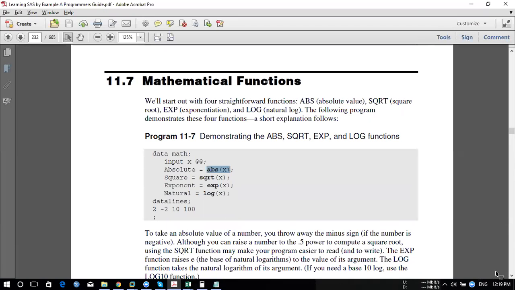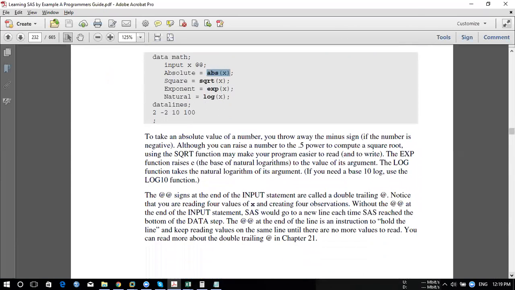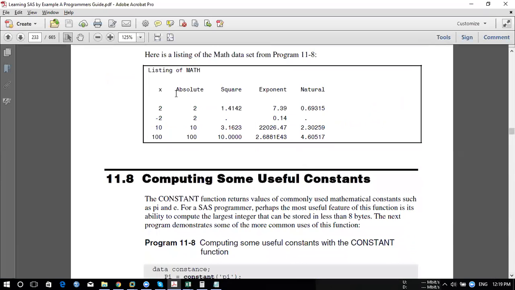Okay. So it depends on when you require it, you can use it. This gives you the absolute value: this is the actual value, and it gives you the absolute value. And this is the square root; for 2, and for 10, how much square root will be there? This exponent is the natural number. So using a logarithm function by base 10 or base 2. You remember in 10th and 12th we did all those calculations for log and exponent. It is required in financial terms, when you go to any finance industry they use this calculation alone.